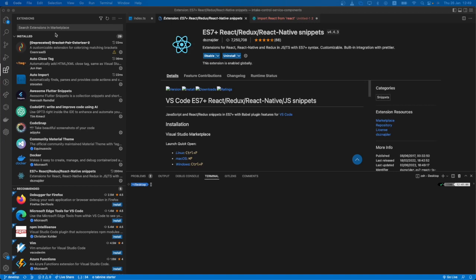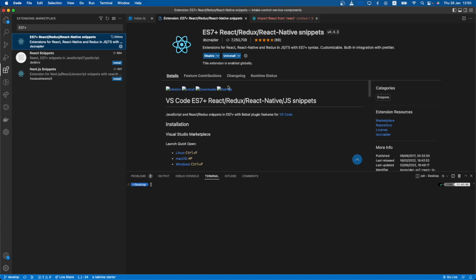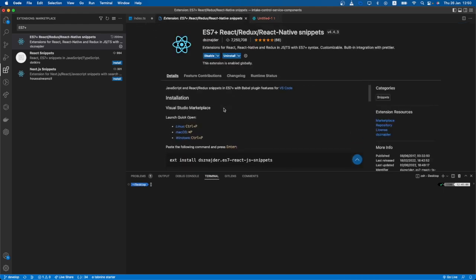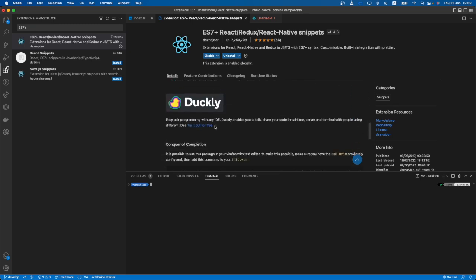The next extension is a snippet extension, ES7 plus. If you are a React person or you are handling libraries like React, Redux and React Native, this should be a better snippet which helps you to write your code in a speedy way. For example, I have created some React file here. After this extension is installed in your VS Code, there should be some command here, Ctrl+P, and you will also find the snippets